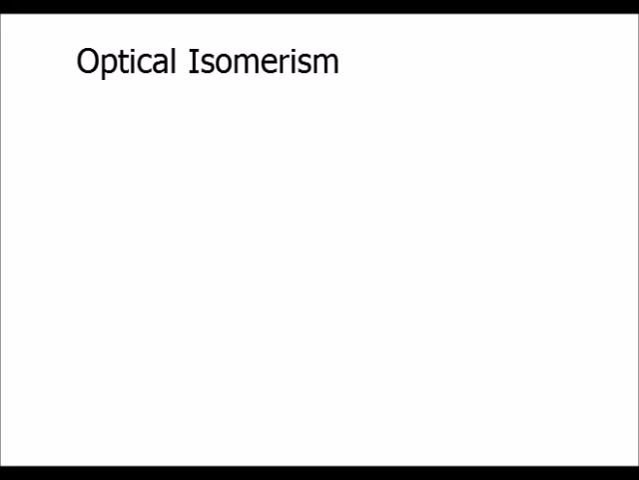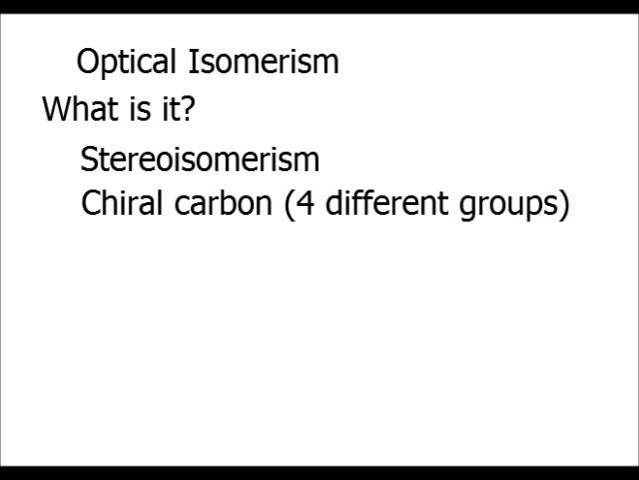Go over optical isomerism, which is 3.3.7 of the new chemistry A-level specification. So I'm going to start off with what is optical isomerism. So first of all, it is a type of stereoisomerism, which we learned in year 1 is basically isomerism which